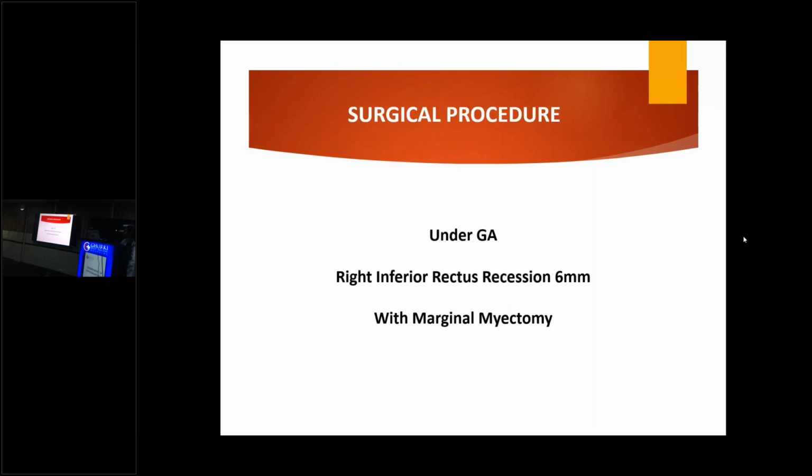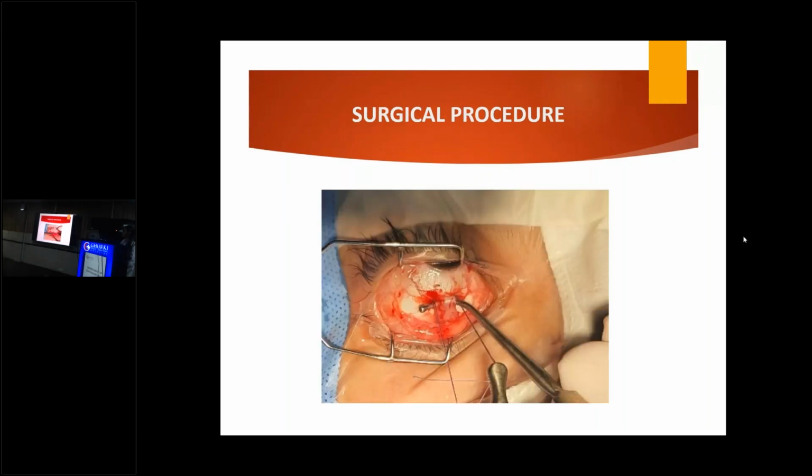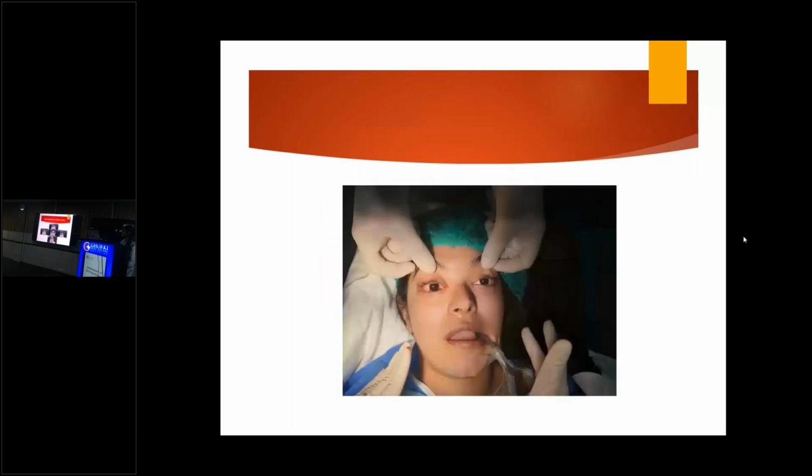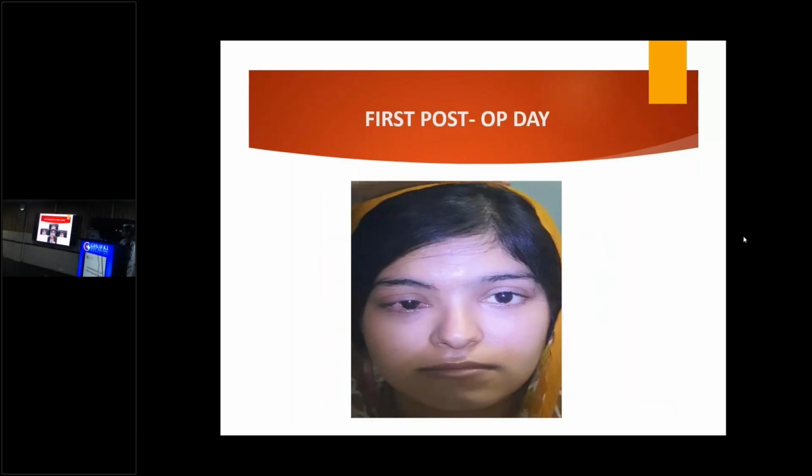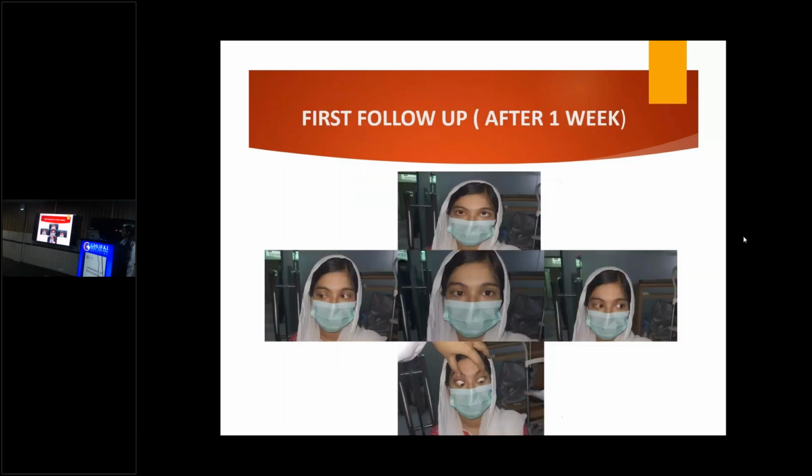What we did was, under general anesthesia, right inferior rectus recession of 16 millimeters was done with marginal myectomy. These are the pictures of the surgical procedure being done. This is the picture of the patient on the first post-op day. These are the different pictures of the patient in different gazes. On her first follow-up, which was done after 1 week,